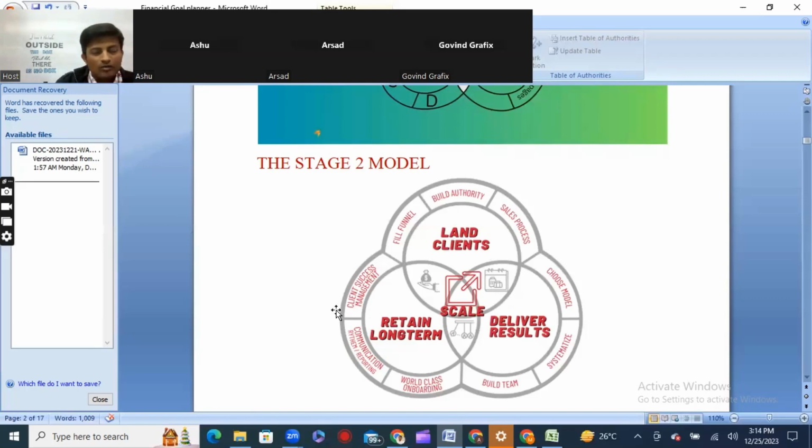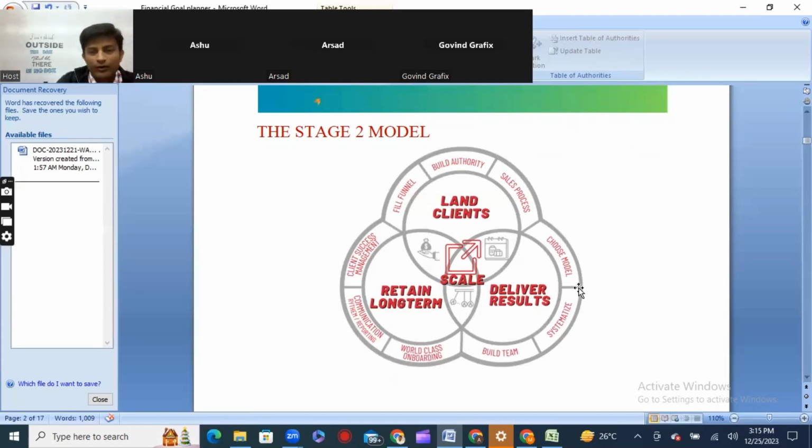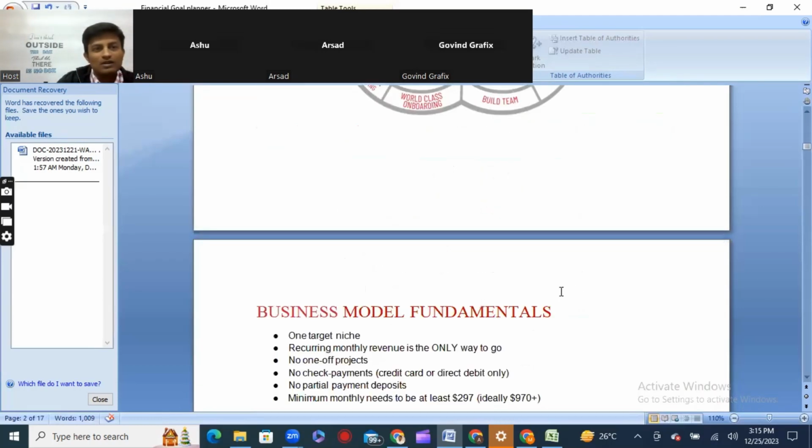How do Ola and Uber work? They don't think of it as the one-time value of one customer. They think that the customer will bring a lifetime value for them. So they calculate that one customer's value comes to around 1 lakh rupees. How many rides will he take in a lifetime? Suppose it is 30 per month. You multiply 30 into 15,000 per month, and like that you calculate the lifetime value. So you have to retain the customers to get more results. We will focus on getting the client, retaining the client, and delivering to them.